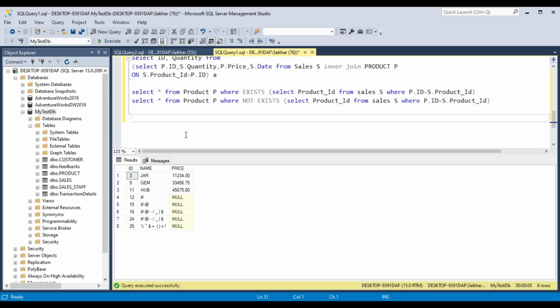Another thing is that there will be certain circumstances where you can use both subquery and join. In those cases, what should you prefer? The answer is you should prefer join, because join is usually faster than subquery. When you have a small amount of data, there might not be much performance impact, and both queries might give you results immediately. But when there are millions of records in your table and you are using multiple subqueries, there can be a performance issue. In those cases, joins are a better option.